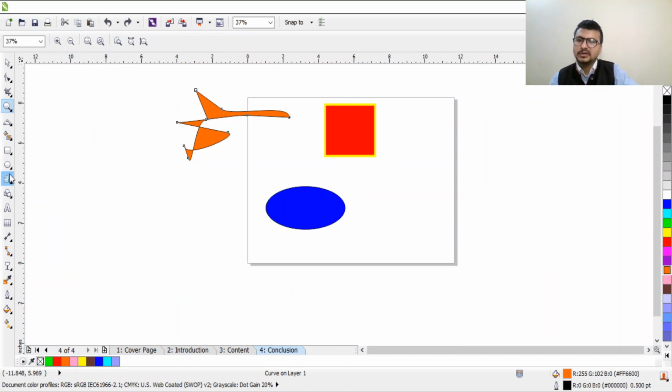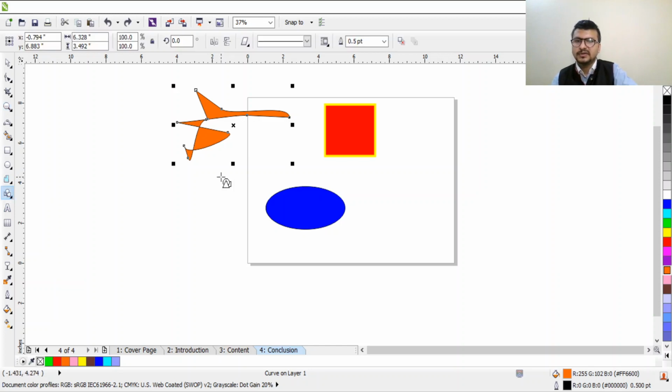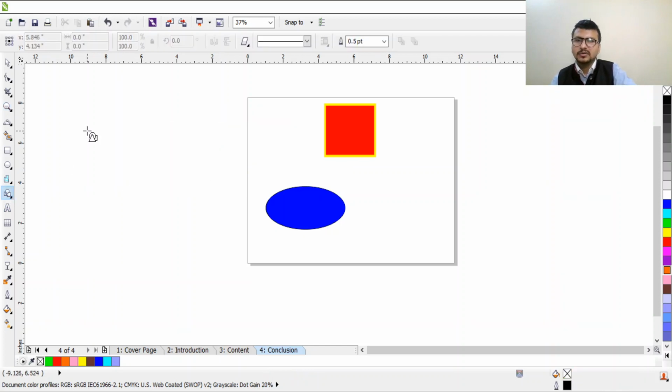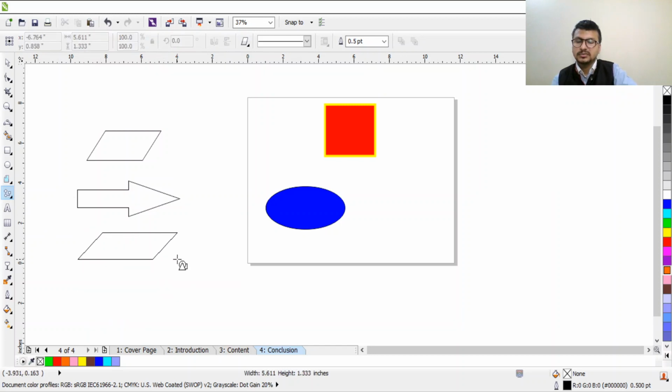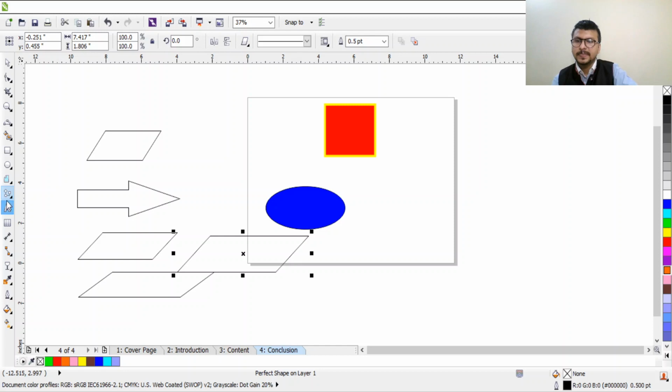The next important tool is the basic shape tools. When we click on this shape tool, we can create this basic shape like this one, and the second shape, we can create this arrow. The third shape is flowchart shape. We can create these things, whatever we need, and we can link those things.